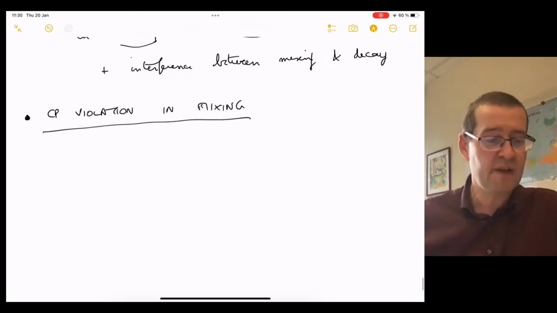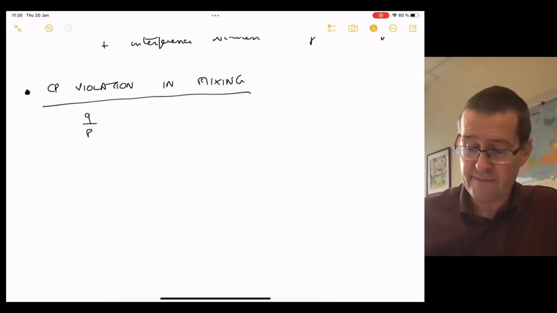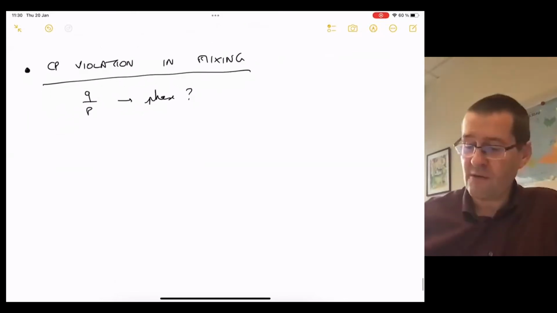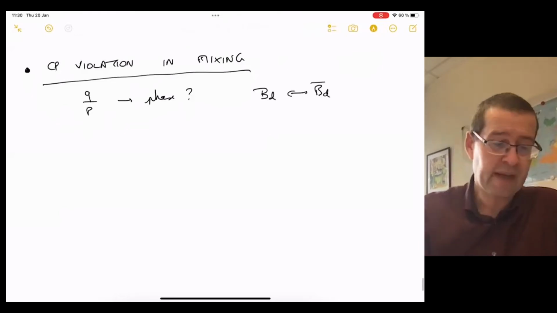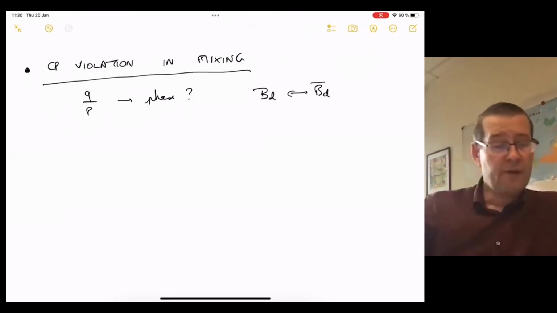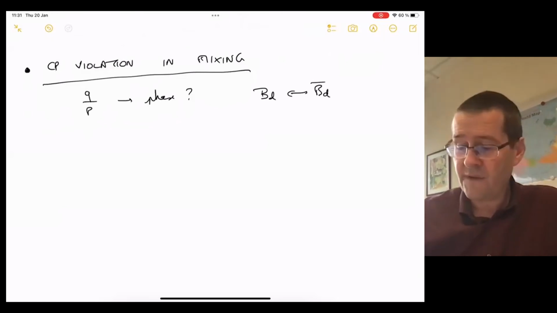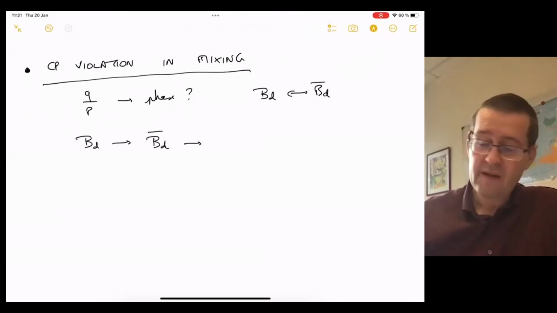So CP violation in mixing is exactly looking at this Q over P, and more specifically at the phase that is present in it. So typically you look at, for instance, BD and BD bar. So they will evolve. You start from BD, BD bar, and so on. And then the idea is that you look at the evolution of, for instance, BD into BD bar, and then you look